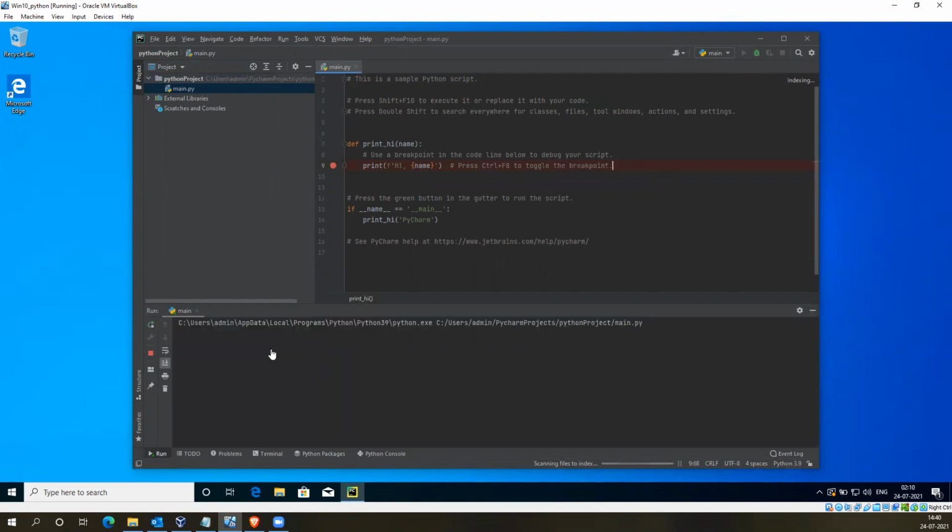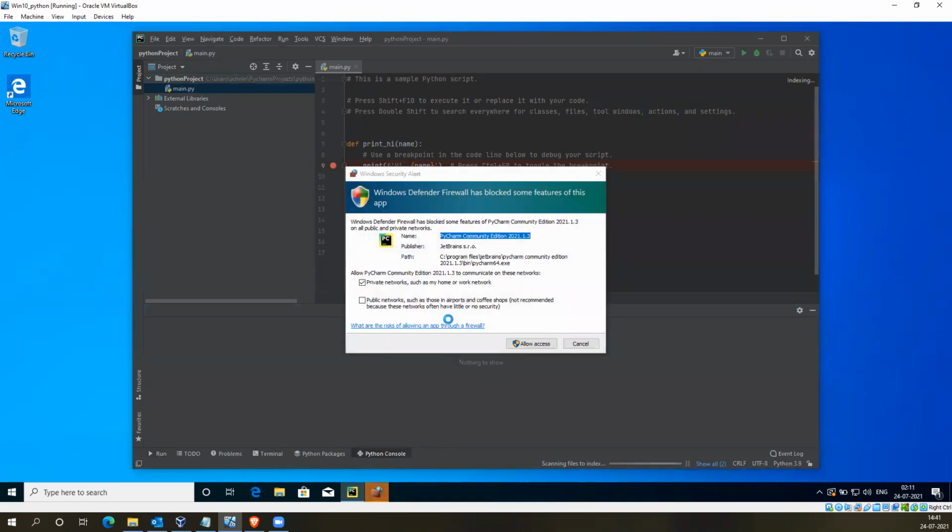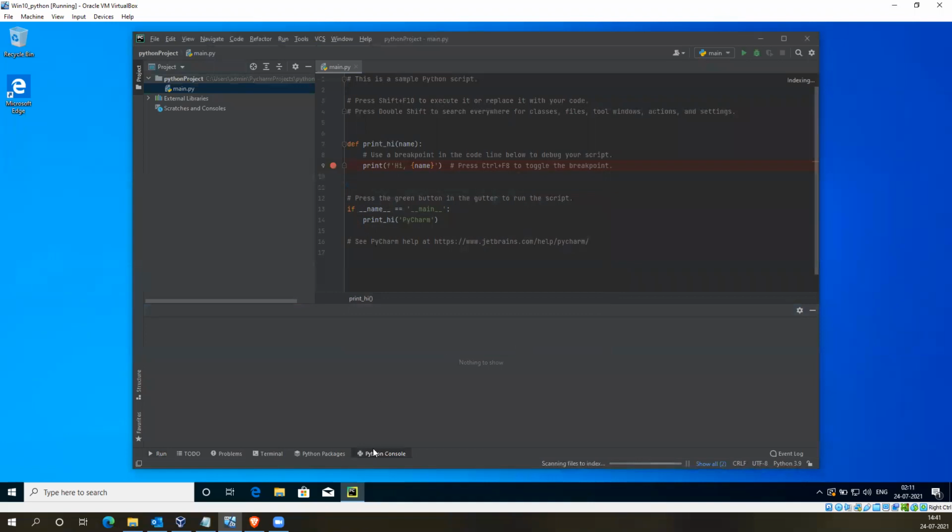It will execute and the output will be shown here in the terminal. If you want to enter any commands in the console, you can click on this terminal tab. It will switch here, and this Python console will show the output. Nothing to show. Still scanning the indexes.